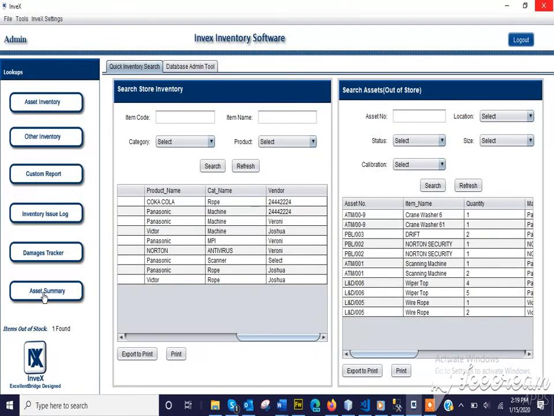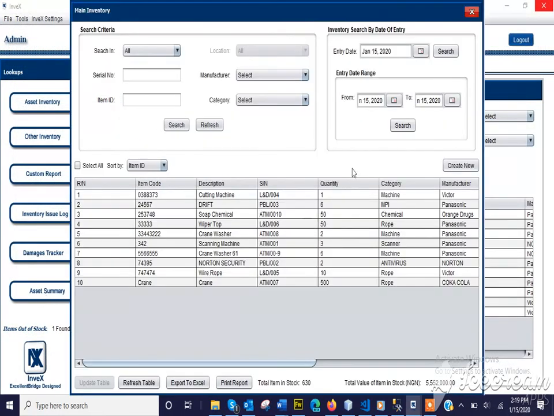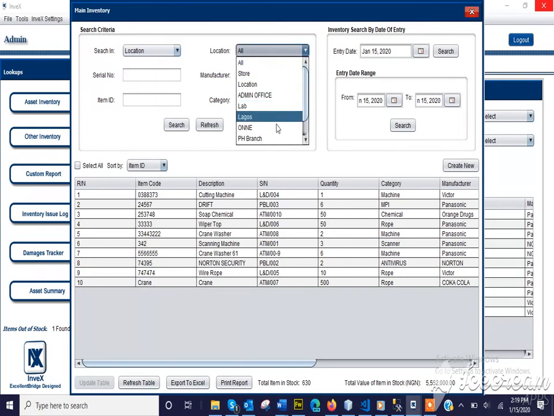Okay, we have the asset summary. This is a page that gives you a summary of your stock position, so you are able to see it from here, and you are also able to search. You can search in a particular location. Let's say PH branch, you can search the inventory in that particular location. Okay, so this gives you that flexibility to be able to search in